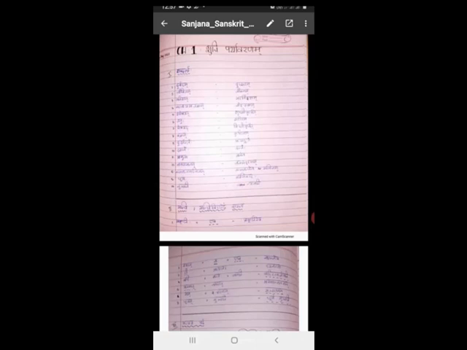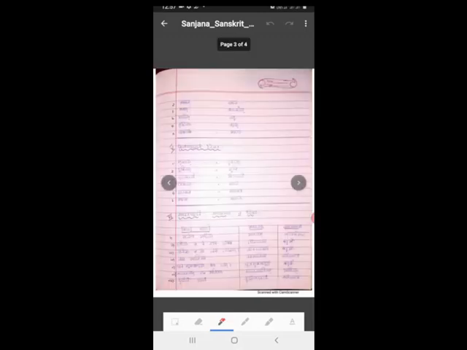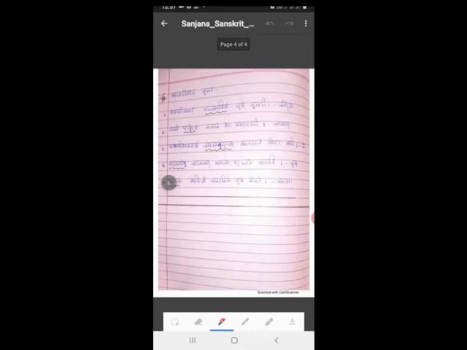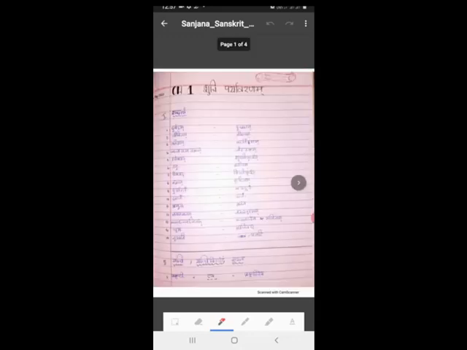It is very easy. And after opening this, you can see a pen tool. On top of this page you can see one pen tool, and you click there and it opens. See, first page, second page, third page, fourth page. By clicking the navigation button, you can go to any page. This is the first page. Sometimes children will send the first page last, sometimes the first page will be in between.